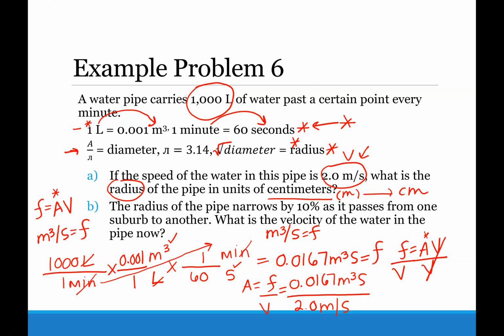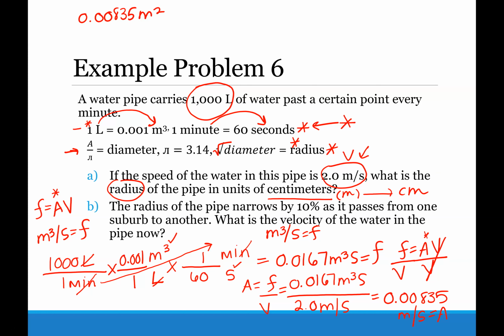So in our calculators, 0.0167 divided by 2, that equals 0.00835 meters squared. And that is our area. We're not done with the problem yet, because while we have area, we actually need to have a radius. So I'm going to rewrite our area up here. 0.00835